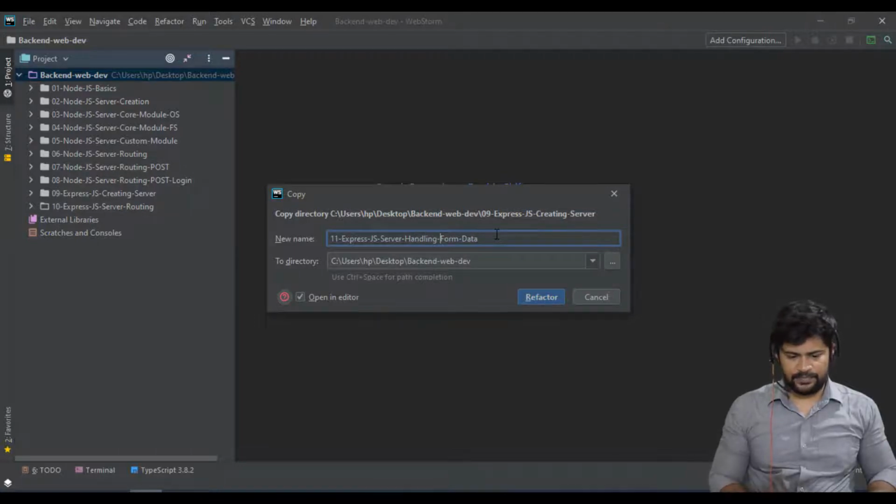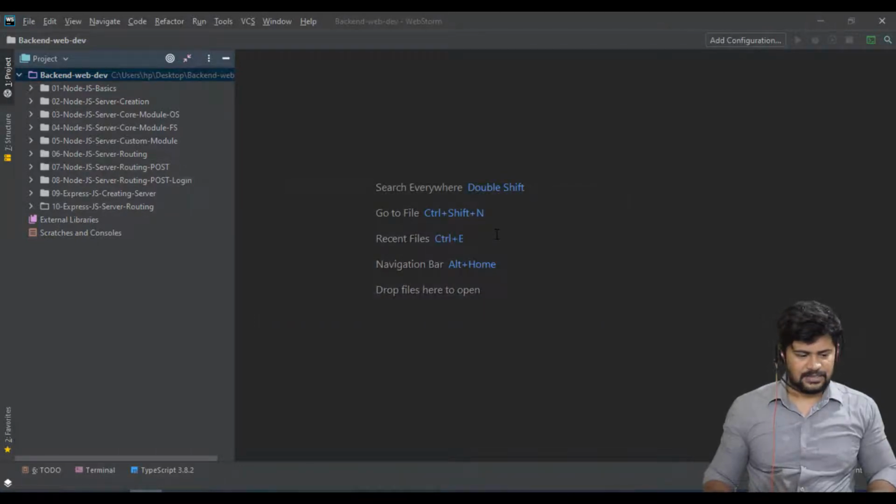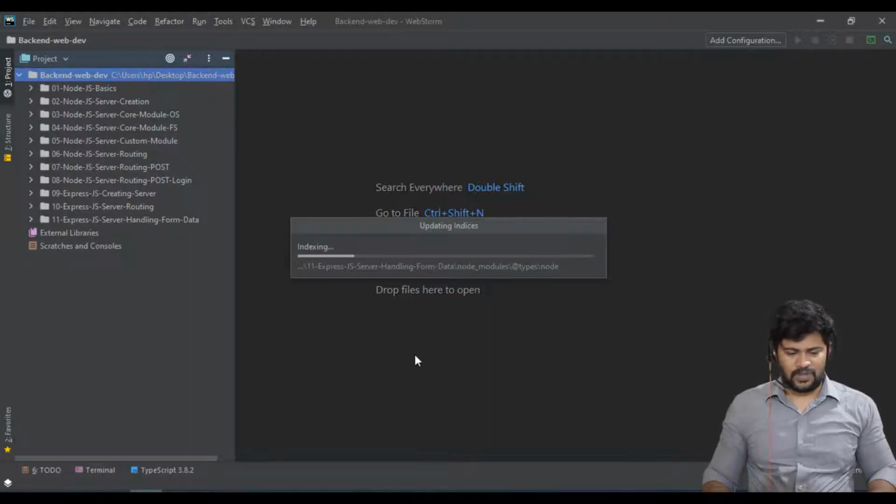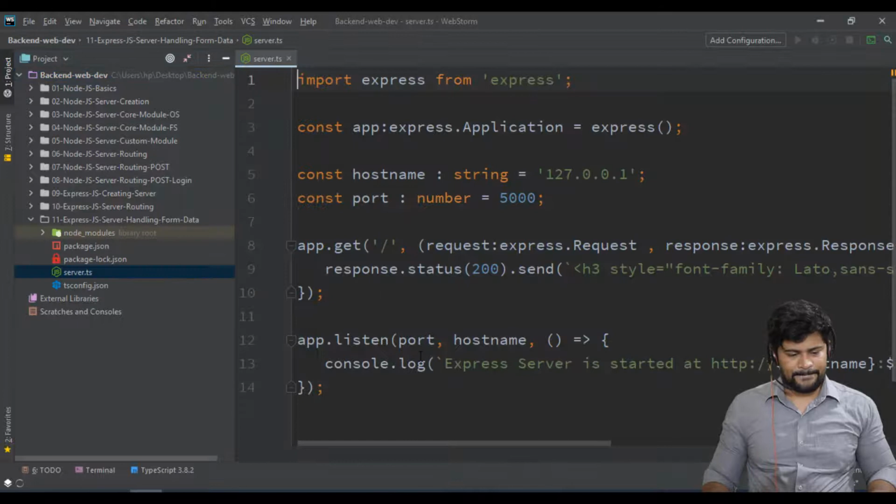Let's refactor. It will take just a few minutes to create. Okay, it's creating. Yeah, I'm done.